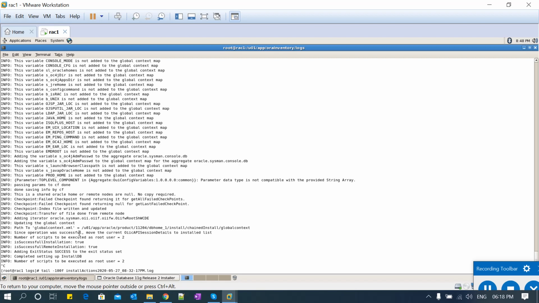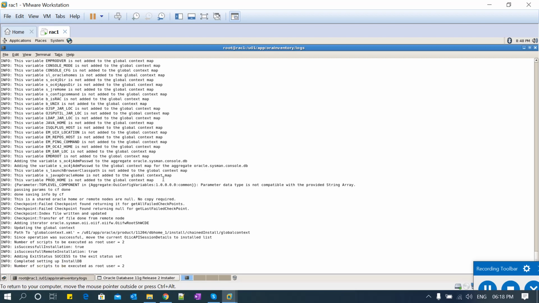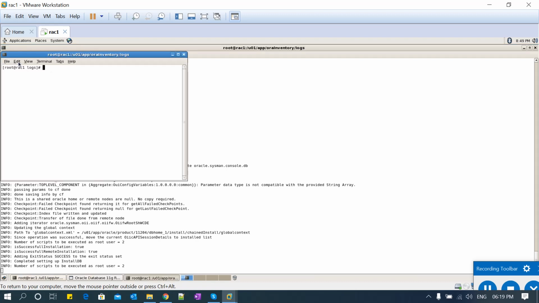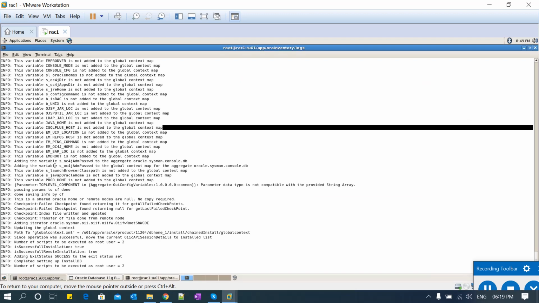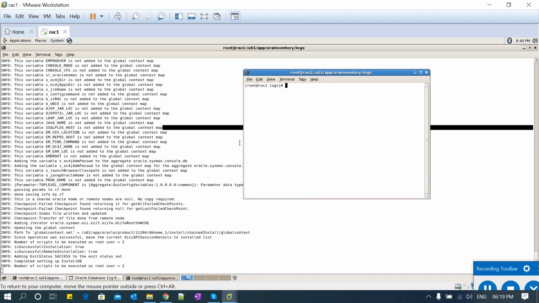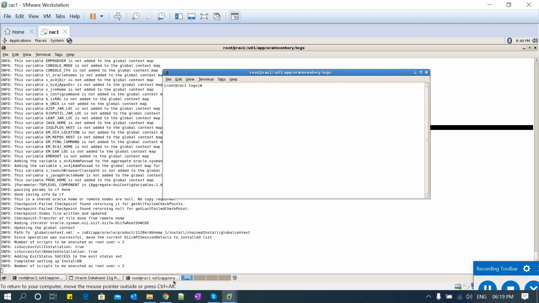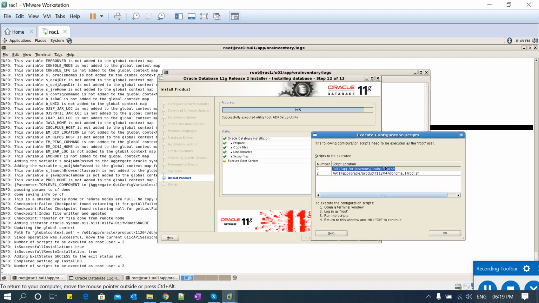Or else I can keep this window as one, and I'll take one more window, because I just wanted to show you what will be happening in the backend in parallel, and also what message you will get once you run it.